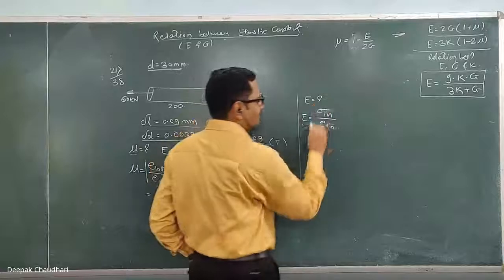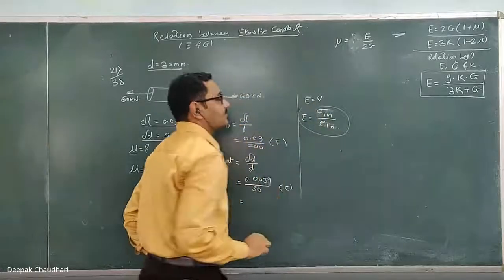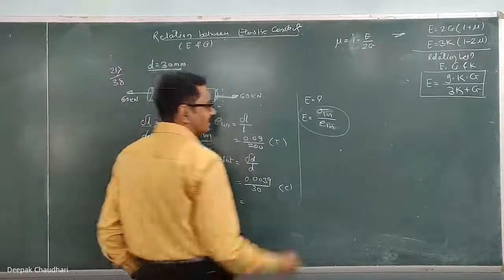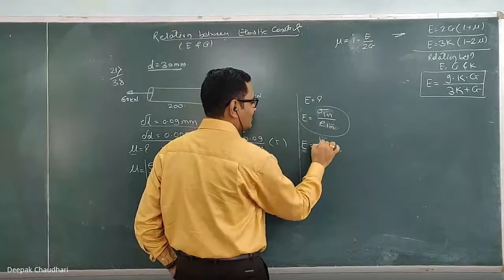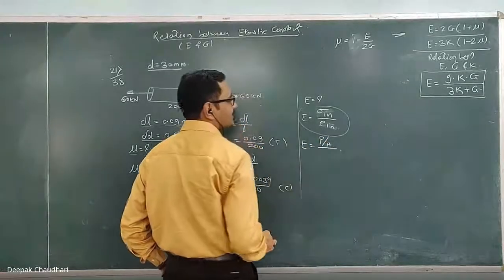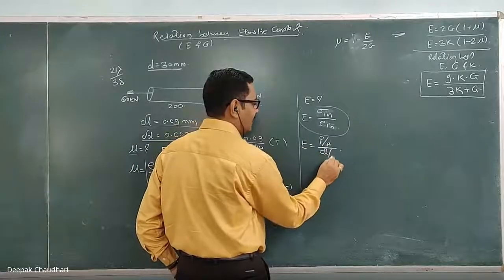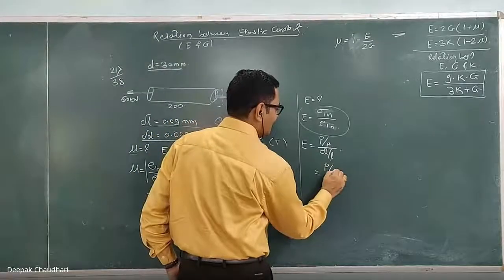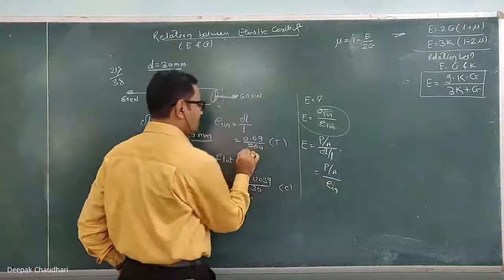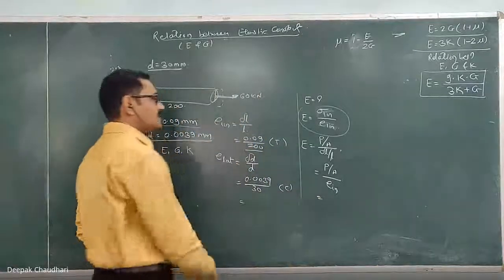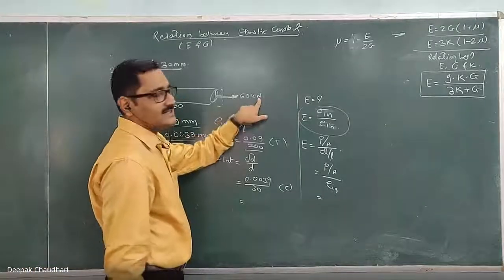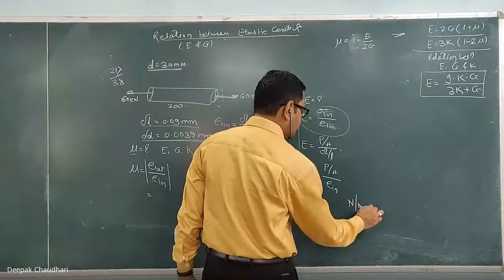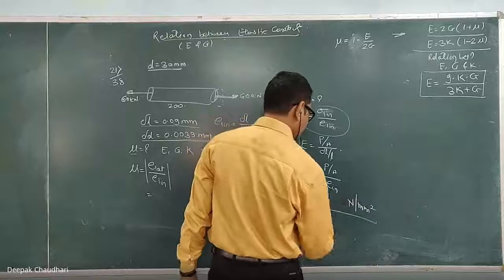Instead of calculating the stress separately with the force and original cross-sectional area, substitute: stress equals P upon A and linear strain equals delta L upon L. If you substitute these values, you will get the answer. Or you can write P upon A upon E linear, because the linear strain value is known to you. Substitute here and you will get E, the modulus of elasticity. The force is in kilonewton, converted into Newton, and the area is in millimeter square, so you will get E in Newton per millimeter square.